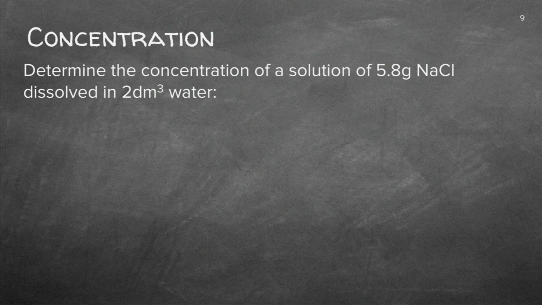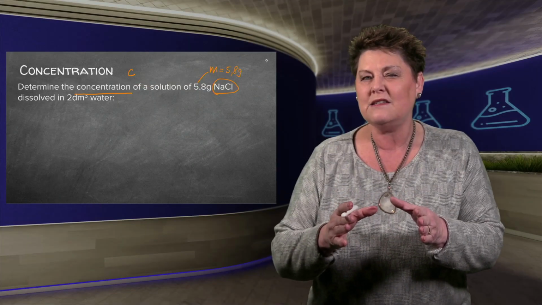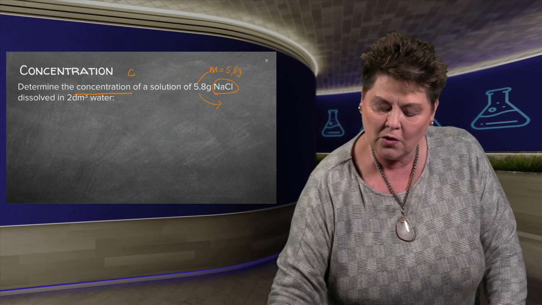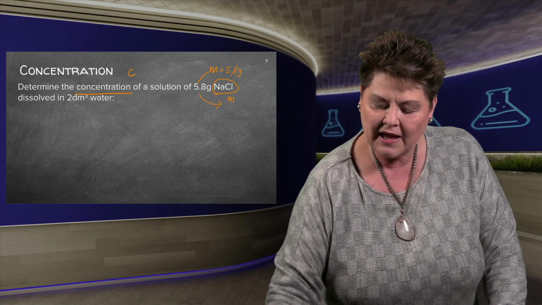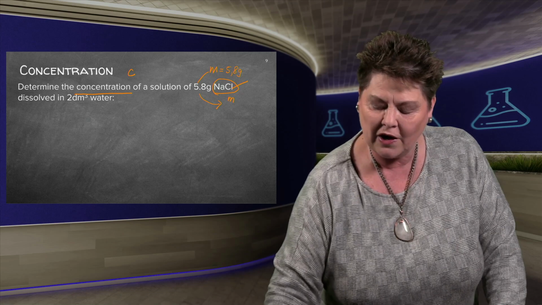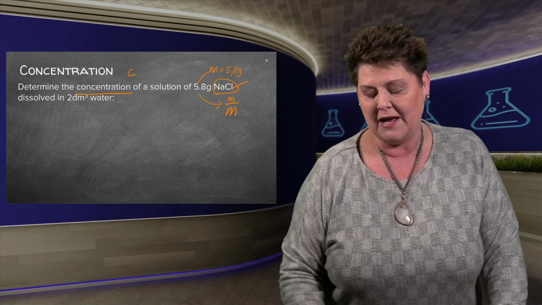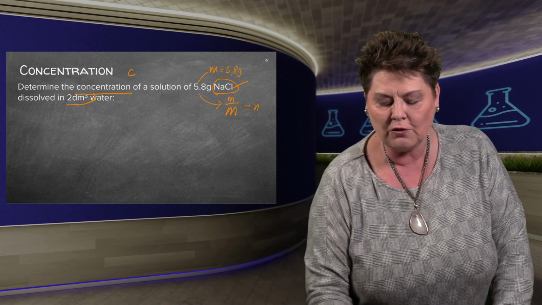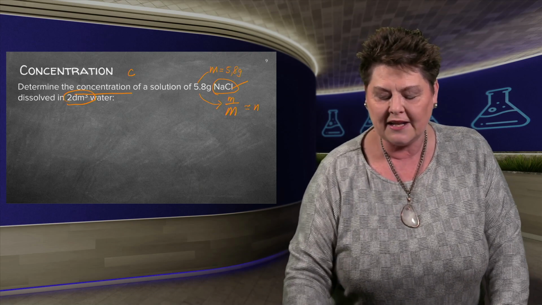Another question. Determine the concentration. Again, the C. I now have sodium chloride, and they gave me that I started with a mass of 5.8 grams. Now, you recall what we can do with this mass? If you can remember, because we know what the small m is, and because it's sodium chloride, I can also calculate the molar mass, which will give me then the mole. We'll do that just now. And it's dissolved, and you've got the volume. So let's get to the mole.